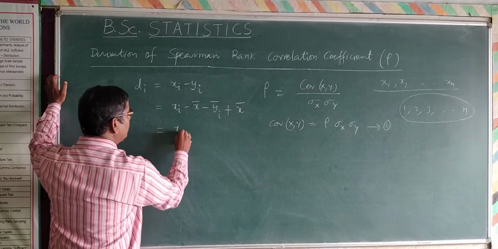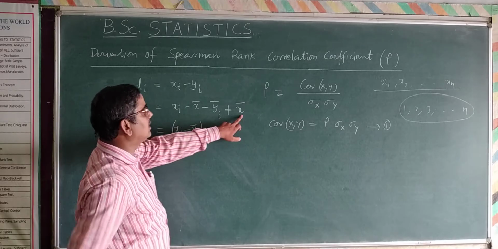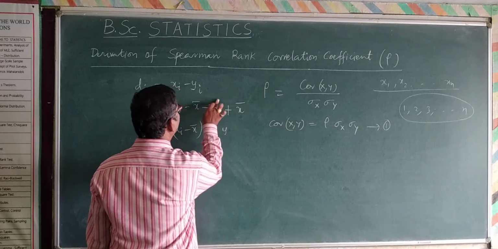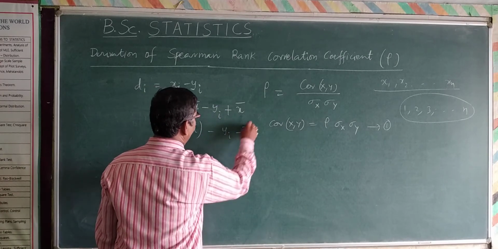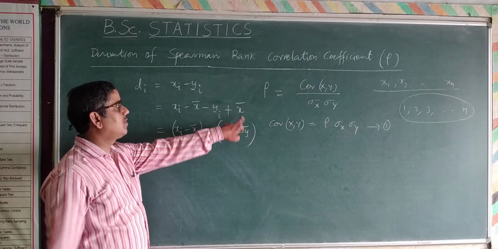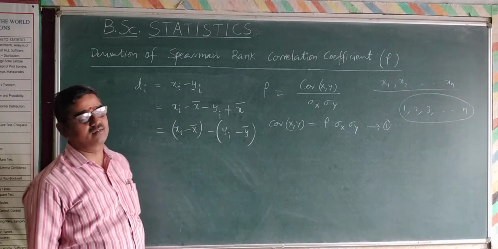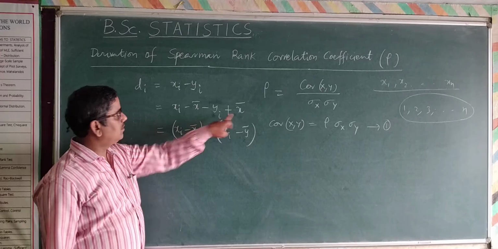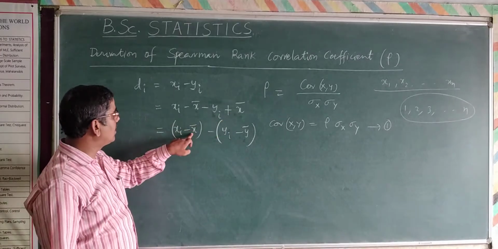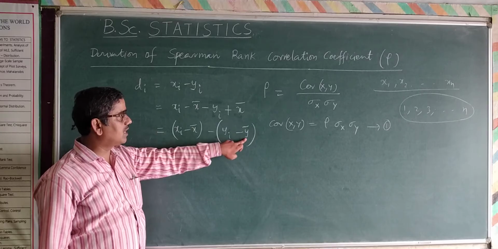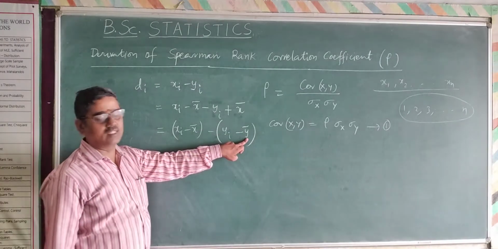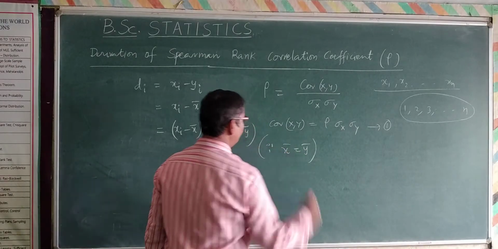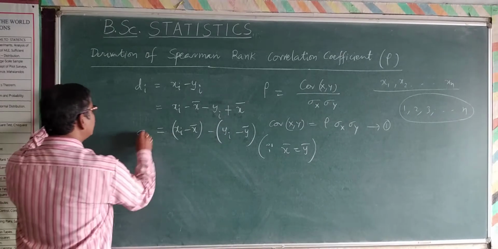And hence, if you see here, xi minus x bar, I am writing this x bar as y bar, since x bar is equal to y bar. So minus of, it is not y bar, yi minus y bar. This x bar I am writing as y bar, minus of minus becomes plus. So this is yi, plus x bar minus x bar, what I did. And then minus x bar here, minus of minus plus x bar here, x bar I am taking as y bar, since x bar is equal to y bar. This is the result. So therefore, what I am considering, this is di.